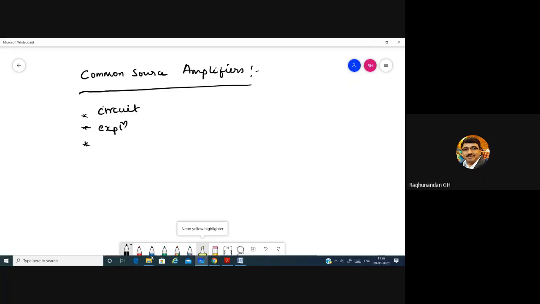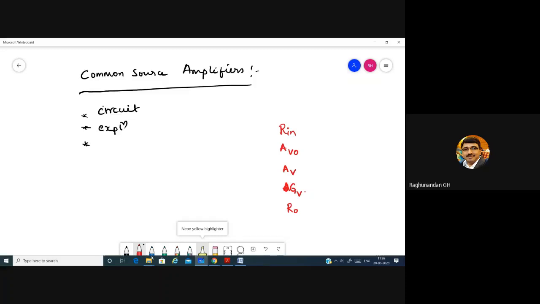After that, you have to write, one by one, the equations for the characteristics. What are the characteristics we have studied till now? We studied input resistance, the open circuit voltage, voltage gain, overall voltage gain Gv, and R0. So these are all different parameters related to the characteristics of the amplifier.